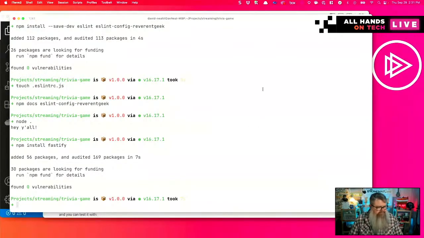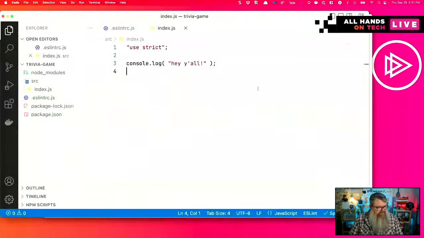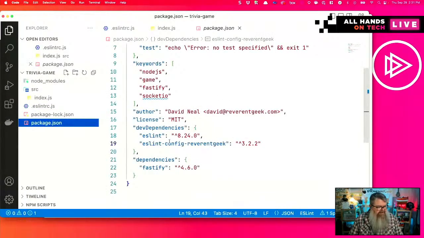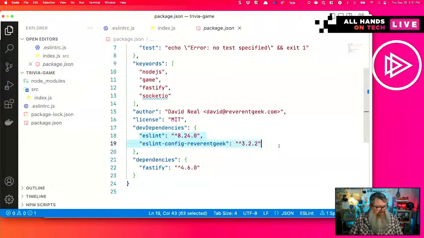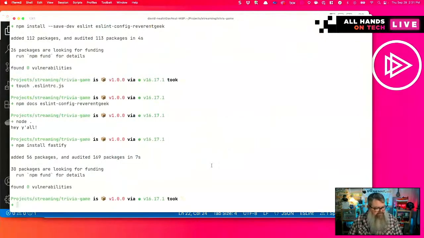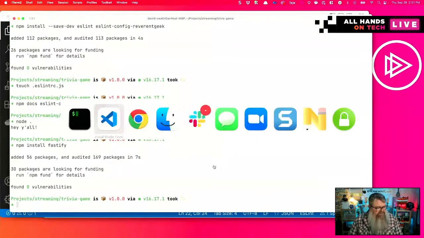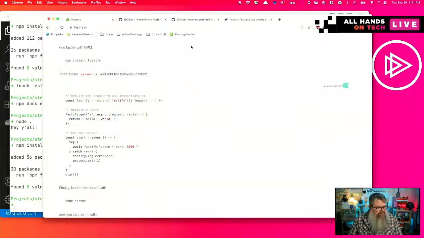Okay. And just to double check, we look at our package JSON. We now have 2 developer dependencies and 1 production dependency, Fastify. Okay. Now let's switch over to our code.